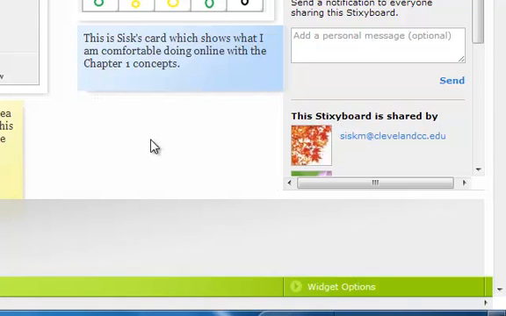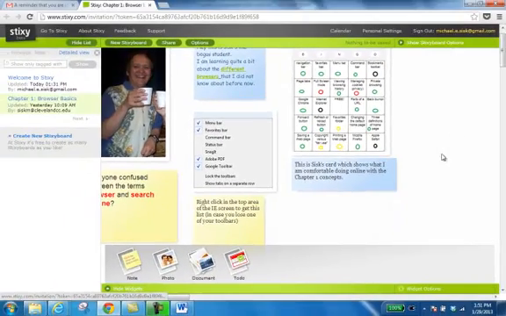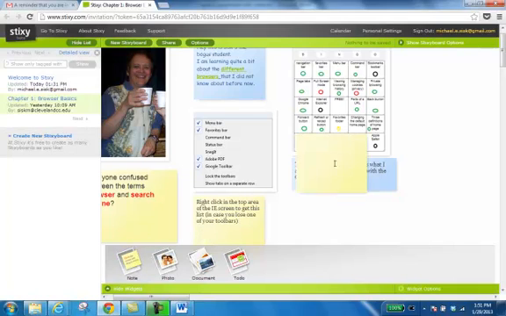Again, do not worry about the grade. I've done some posting ahead of time just to let you know what happens. Everybody in the class will have the same Stickley board. You're all posting onto my board, and you can put anything you want there. You can put a note right there. For instance, I just drag this in,